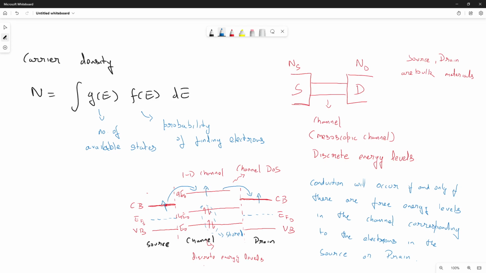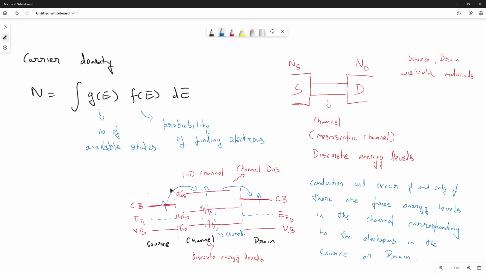Yes, sir. So this is the conduction mechanism for a mesoscopic channel. This is how quantum mechanical conduction takes place, because now it is no longer a question of electrons moving in a straight line and colliding with each other. The concept of mean free path, that you mentioned, we consider when we have electrons moving randomly in a solid and they are able to collide with each other and so on. But here no such thing happens, because this is a quantum channel. There are discrete energy levels, and in each energy level only two electrons can exist. Why? Because of Pauli's exclusion principle.